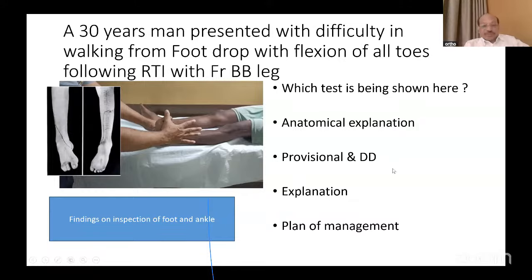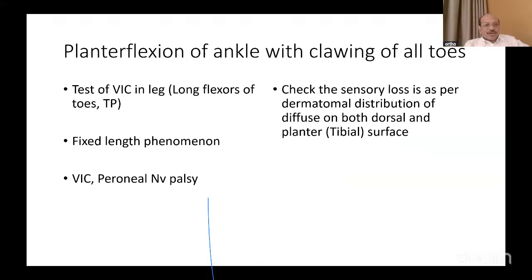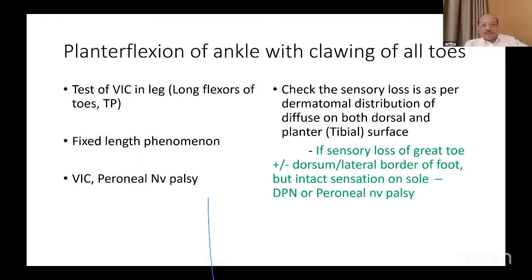Now, how to differentiate? It's a test of VIC already. Now, how to differentiate between the VIC and the peroneal nerve injury? Check the sensory loss. See if the sensory loss is in a dermatomal distribution or a diffuse distribution. So if there is sensory loss of the great toe, with or without loss on the dorsum as well as the lateral border, but intact sensation on the sole,